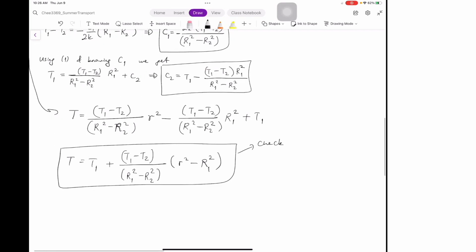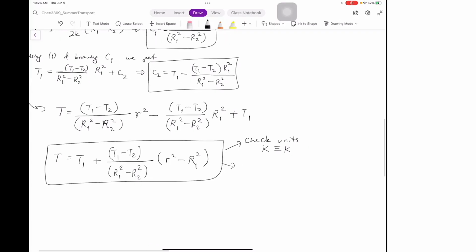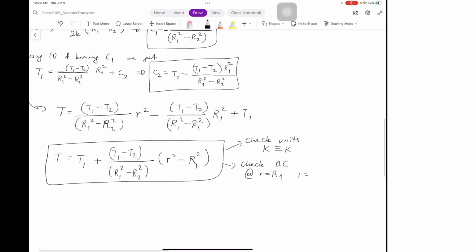Check the units. Kelvin on the left-hand side, and you should get Kelvin on the right-hand side. And then check the BCs. At R is equal to R1, you get T is equal to T1. That's correct, right? This becomes 0, and you get this only. Let's check the other BC. At R is equal to R2, if you plug in R2 here, then these two cancel, and then you get this and this, and these,